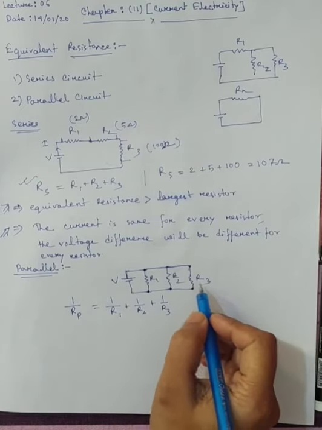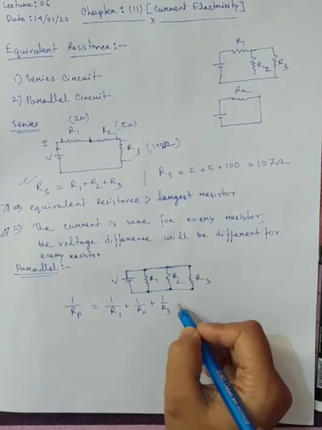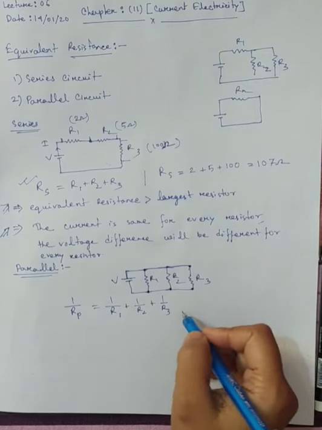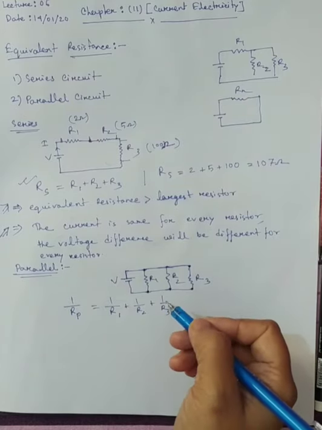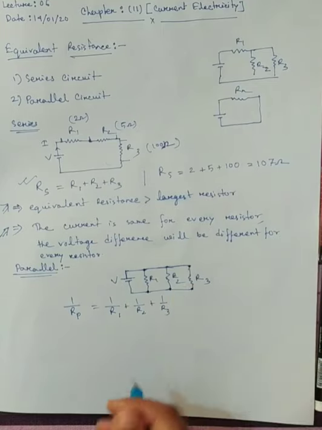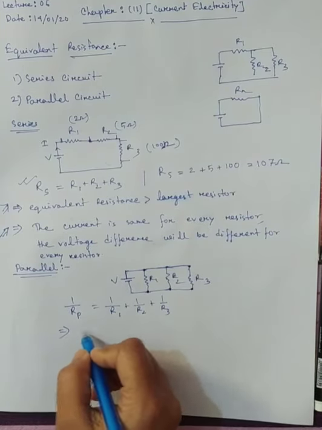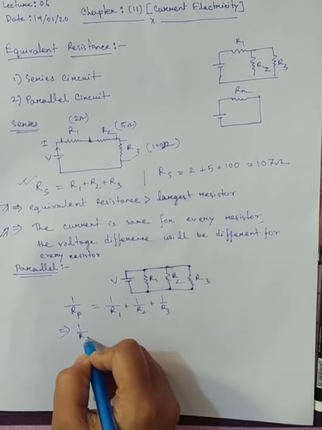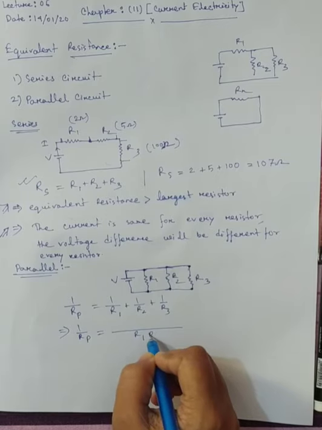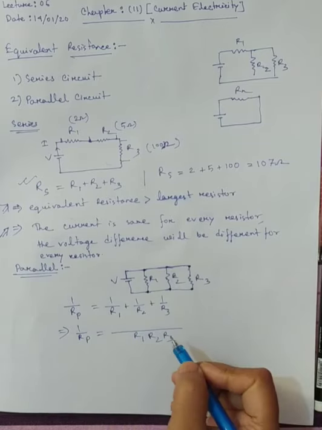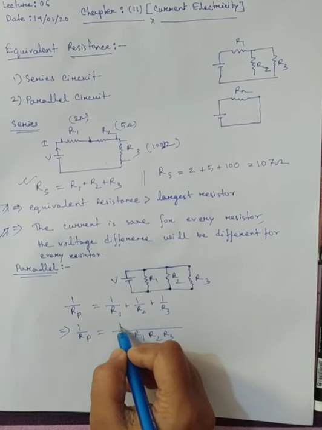Here, as we have used 3 resistors, if we use more resistors, that will be calculated over here. We can use n resistors as per our requirement. So in that case, if we simplify this equation, what will we get over here? R1, R2, R3. Then what will we get? R1. That means